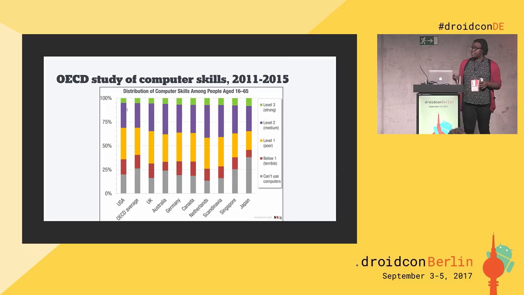What you see here is that you've got the countries on the bottom, and the percentage represents the degree to which they were able to finish certain skill sets that they were given in the test. Down here on the bottom, this gray area are people who basically cannot use computers. I'm going to remind you again, this data set only goes up to people who are 65. So even in relatively wealthy countries, you have a relatively significant portion of people who just cannot use computers at all. Then you've got people who are below what they call a 1.